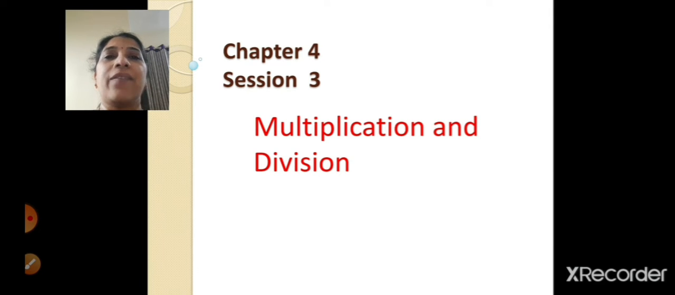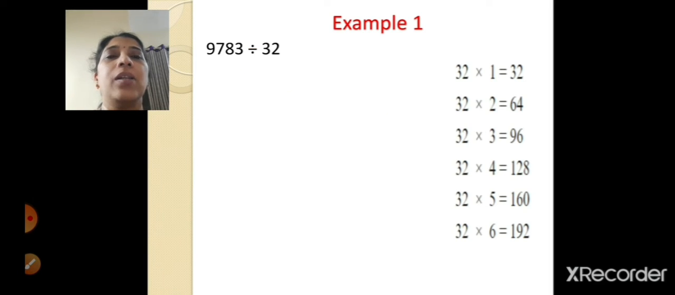So students, we have finished with the multiplication part. Today we'll start with division. So let's see an example. 9783 divided by 32, right? So now here children,